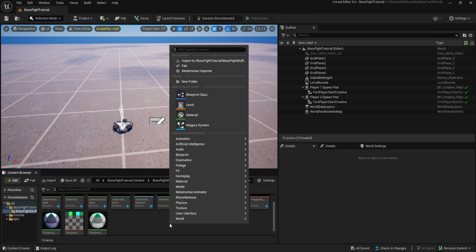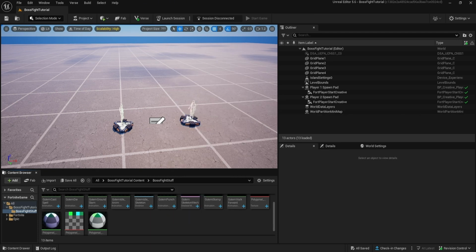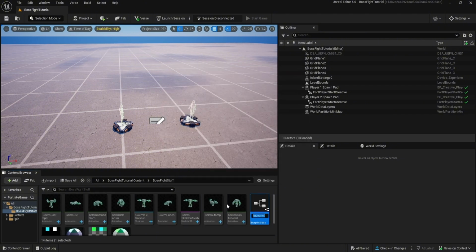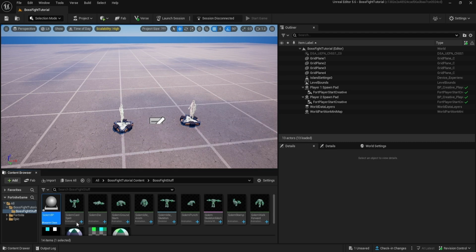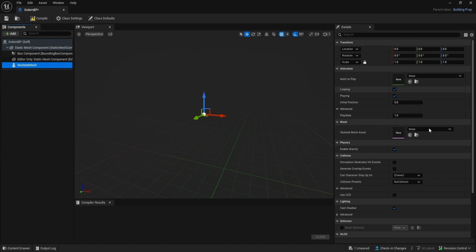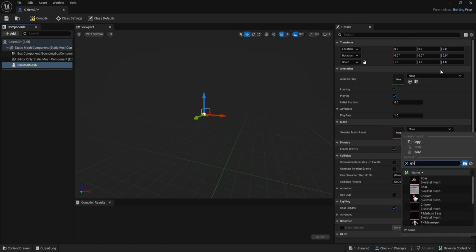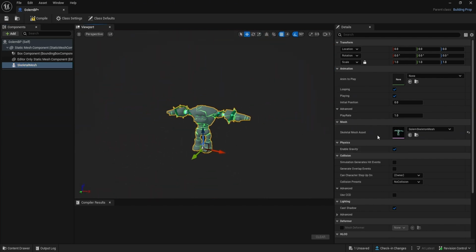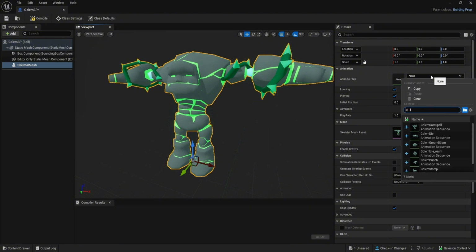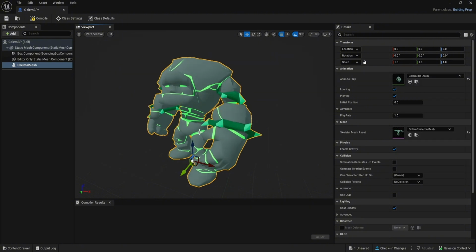So we'll go ahead and right click and hit blueprint class and create a building prop. I'm just going to call this my golem BP for blueprint prop and then open it up. Inside of this, the first thing we want to do is add a skeletal mesh, which will be our golem. So go ahead and select our golem mesh as the skeletal mesh asset. And then for this, we can just go ahead and play our idle animation so that it'll play whenever there's